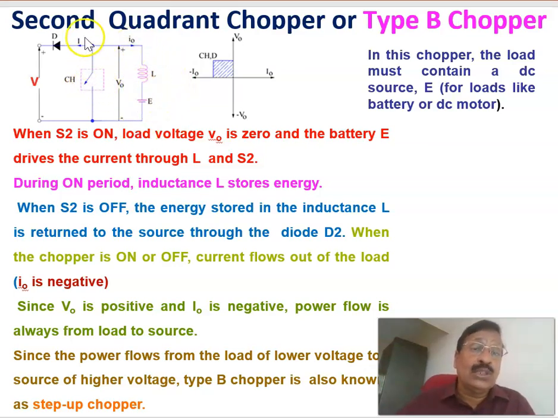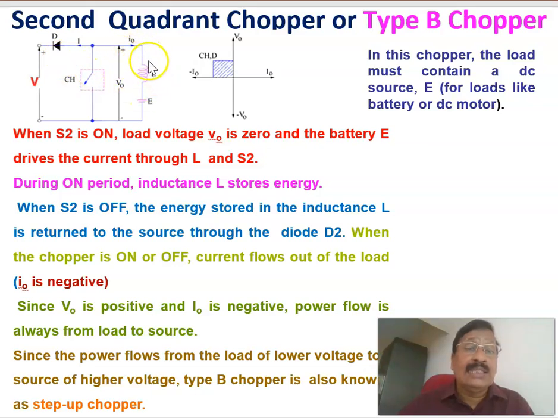And here the switch is coming across this one, the diode polarity is like this, and this is connected to the source. When the switch is on, that is, when the switch is closed, due to this E there will be a current in this direction, storing energy in the inductance. Actually I0 is positive like this, but the current is opposite to that, so the current is negative, and the voltage across the load is equal to 0 when the switch is on. And when the switch is off,